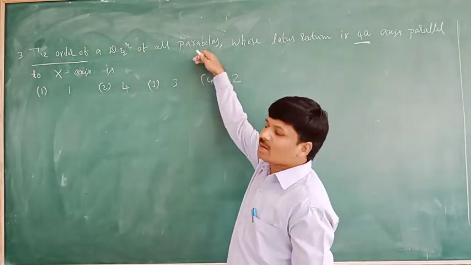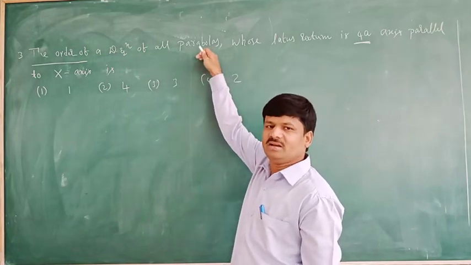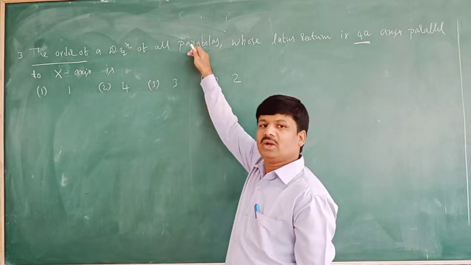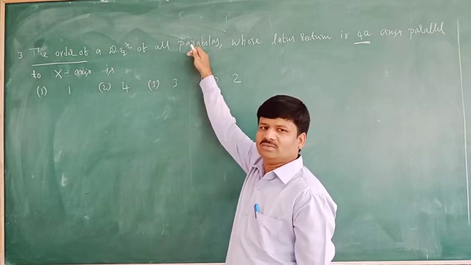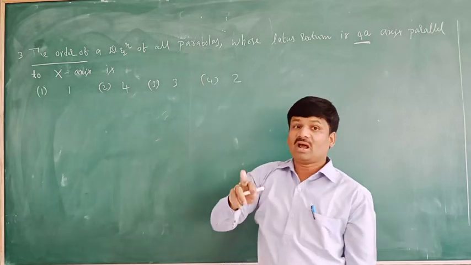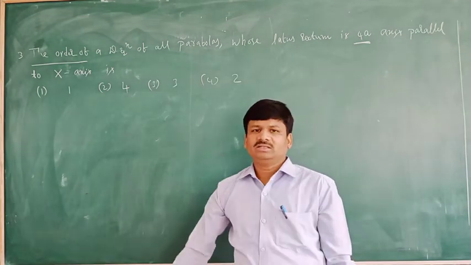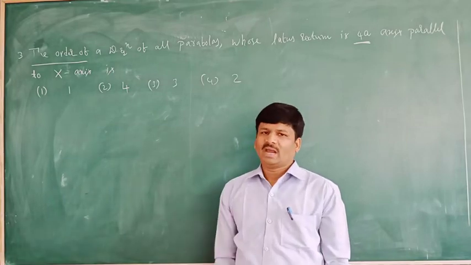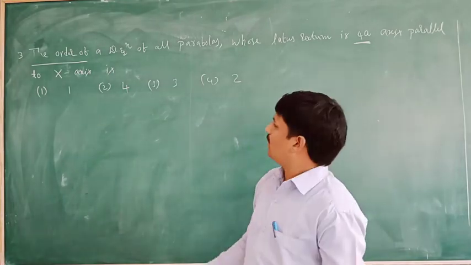So which type of parabola is given here? Understand carefully. What we have to form here is the equation of the parabola. Then only you can recognize the order. How could you recognize the order? Order depends upon the number of arbitrary constants in the equation, that is, in the solution. Yes or no?